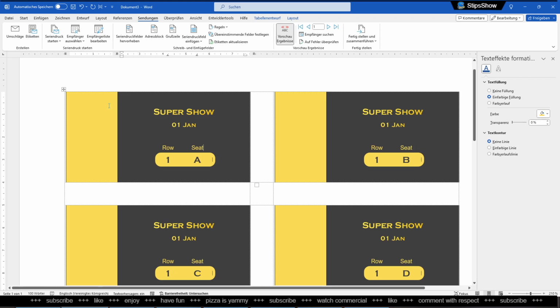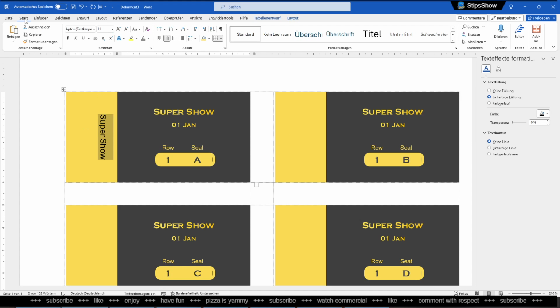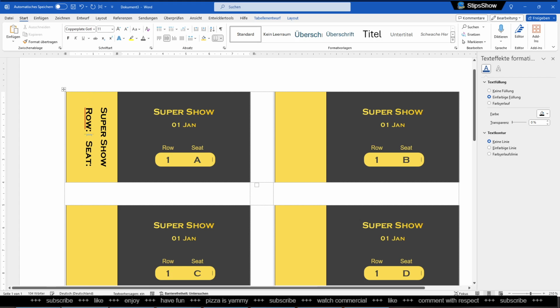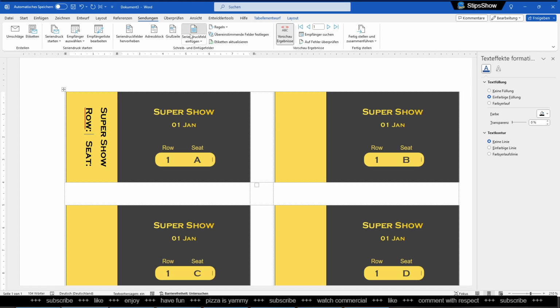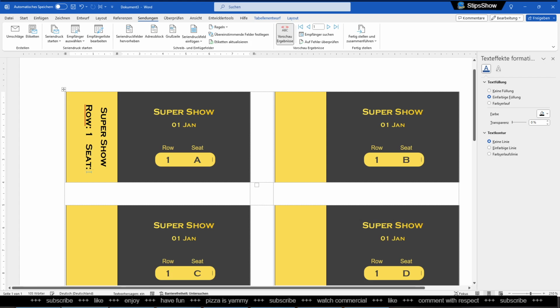Okay, now let's again say update, and I think this already looks quite nice. So let's go over here. We go to our layout. We say do the text 90-degree angle. Let's do again, write the text like so, let's change the font size, and then let's write row and seat. And then again, let's insert the row and the seat